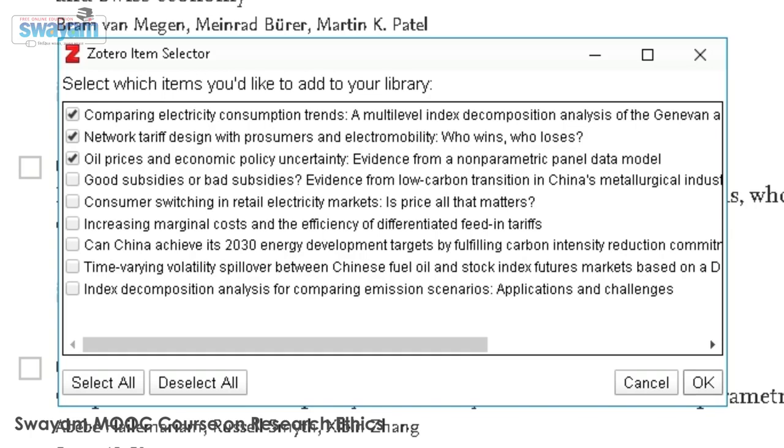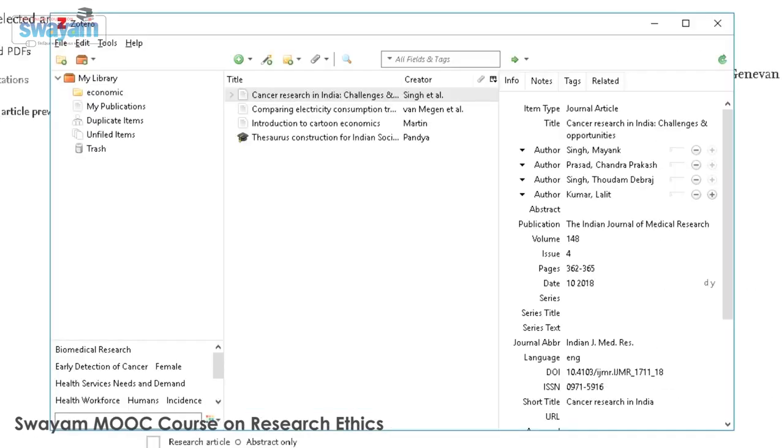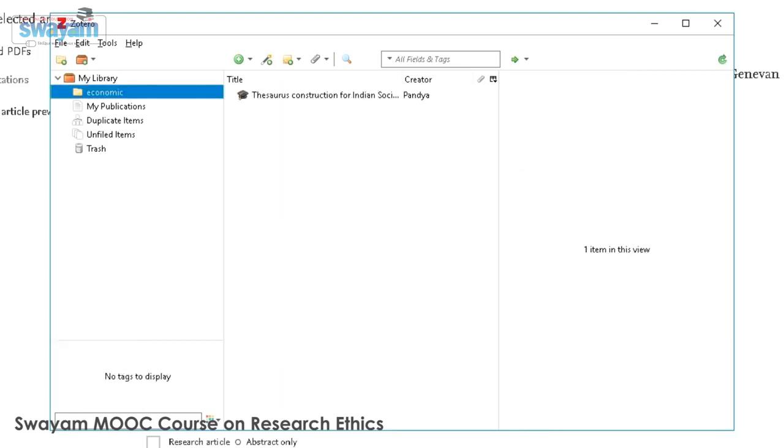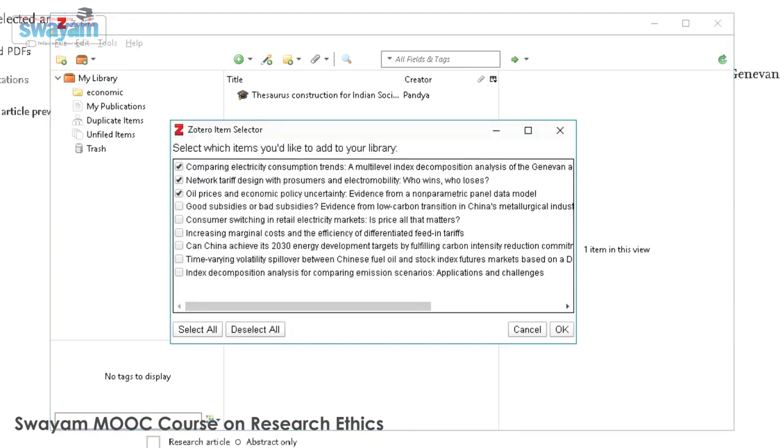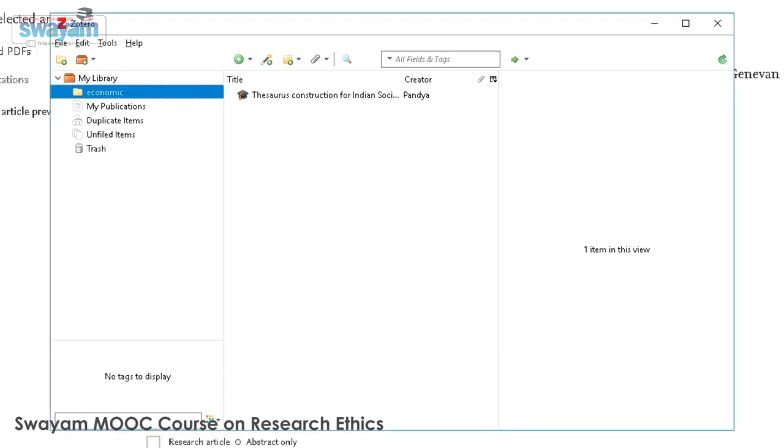Now you see here, if you are working on a specific collection, a specific topic, make sure that in Zotero you are selecting that particular folder or collection. Whatever you have selected here, that collection will be filled up with these resources. Now if I am selecting these 3 articles and saying OK, all these articles will go to the economic collection.